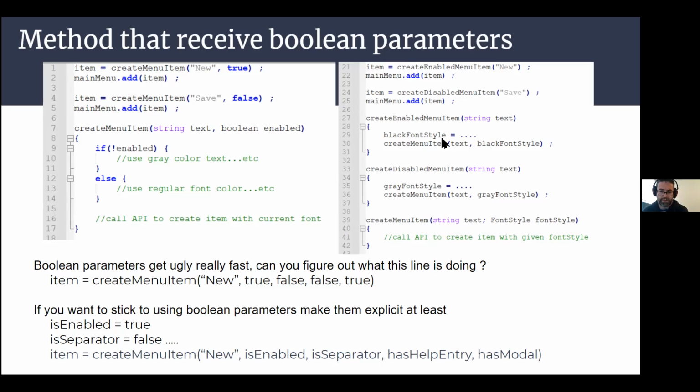So when Boolean parameters get out of control, like this example mentioned here, what does this line do? You'll find something like createMenuItem(true, false, false, true). Okay, that's not very helpful. If you have to stick to using Boolean parameters, meaning you're calling an API from someone else, or you just want to make it a little bit more readable, you should at least try this